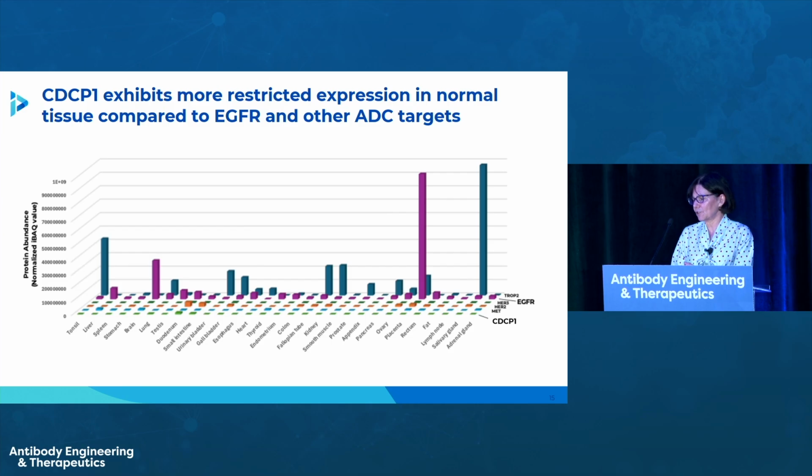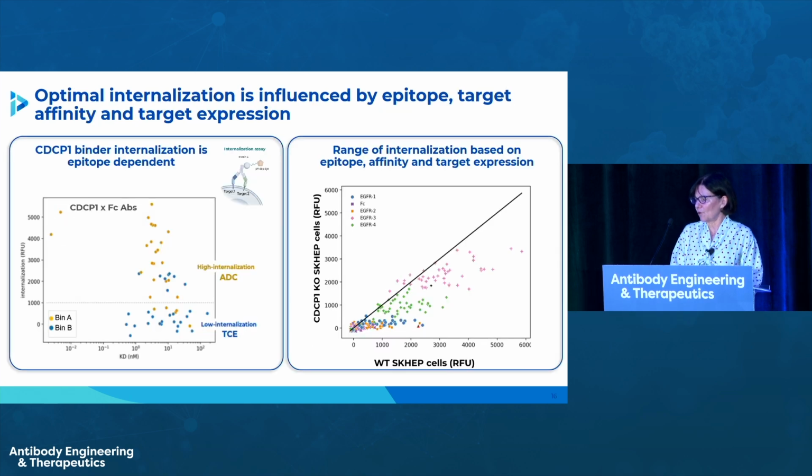So also, if we just look more broadly at CDCP1 expression across normal tissues, and we compare that to the expression of other very well-known and well-used tumor antigens, you can see on the lower part in the front there that CDCP1's expression in normal tissues is quite restricted. And so with all of this knowledge, then we embarked on